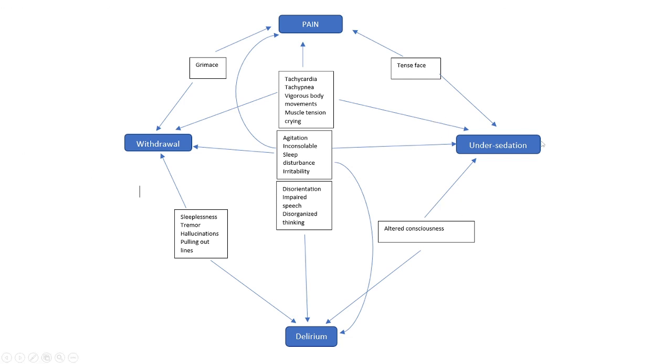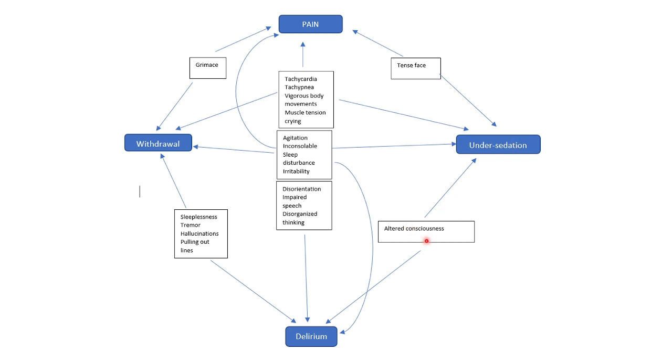If you could see, a lot of sedation directly leads later on to withdrawal, and prolonged sedation, criticality, and the stress of the illness lead to delirium. And pain, if inadequately controlled, can also have its own problems. So a lot of symptoms are overlapping. Delirium is a cognitive disorder. They have disorders like disorientation, impaired speech, disorganized thinking, sleeplessness, tremor, hallucinations, pulling out lines. These things are seen in withdrawal also,